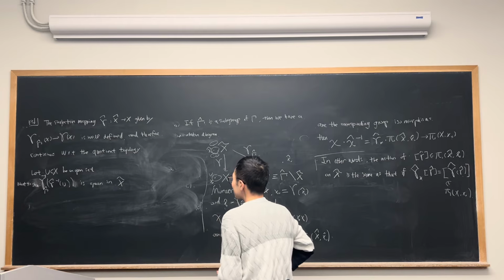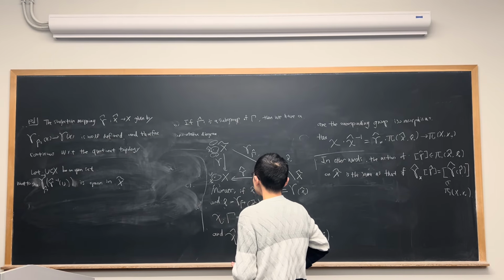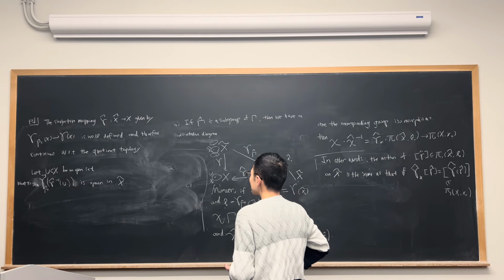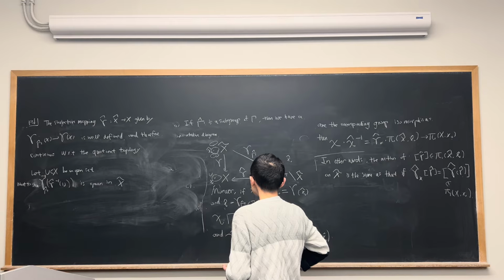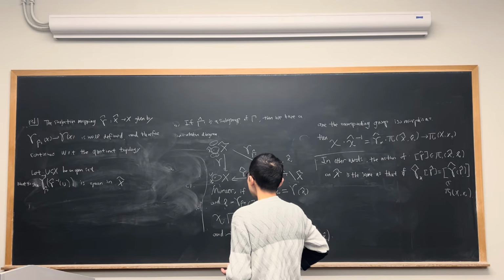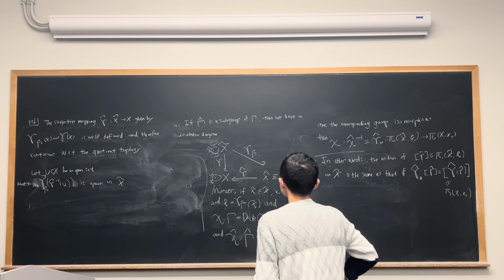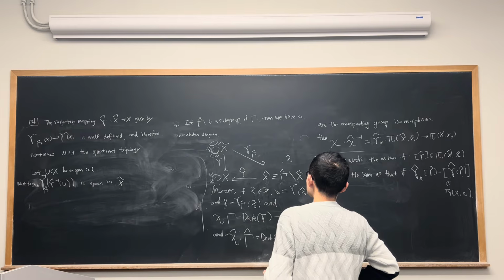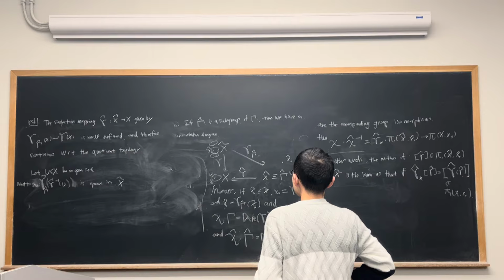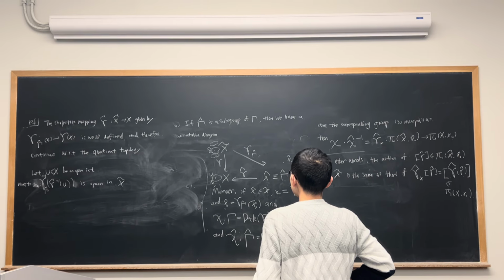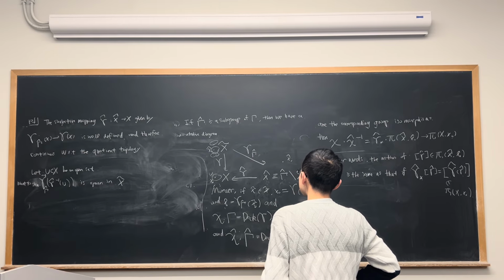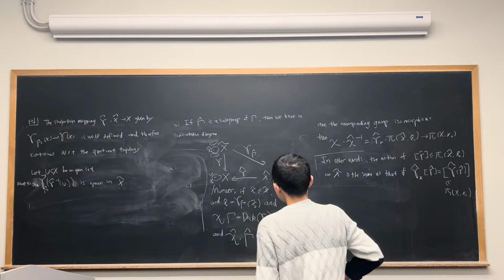I'm trying to picture what this gamma hat inverse of U is. So gamma hat inverse U is what? Gamma hat inverse U